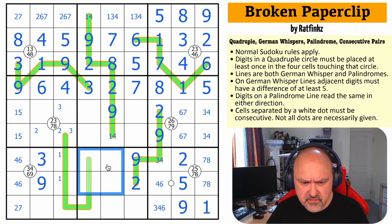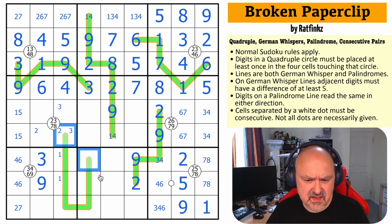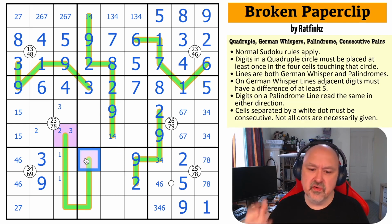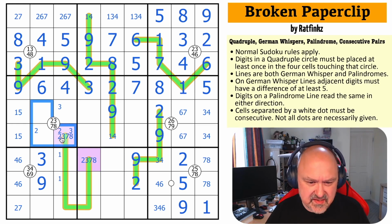1 is in one of... So it's going to be palindrome trick, I think. Like this and this are the same digit. So what can they be? So those are the same digit. They have to be from 2, 3, 7. Oh, of course, beautiful. These have to be from 2, 3, 7, or 8 because they have to be around